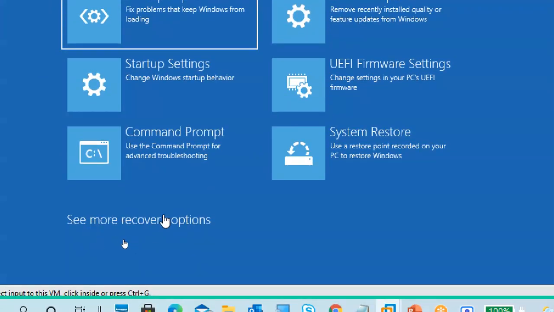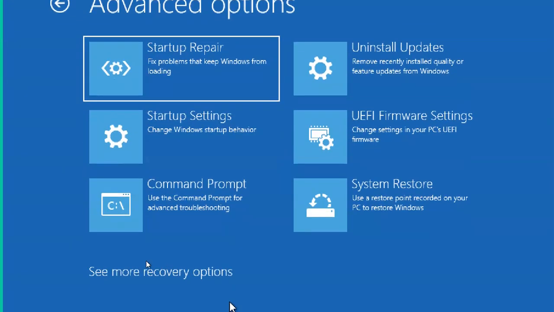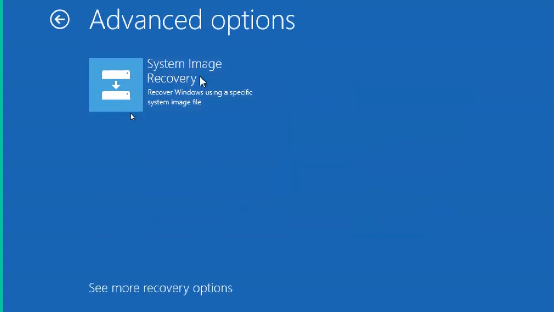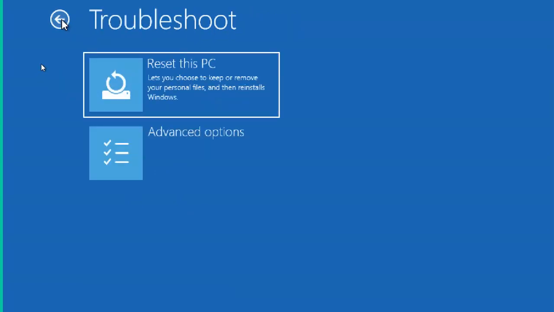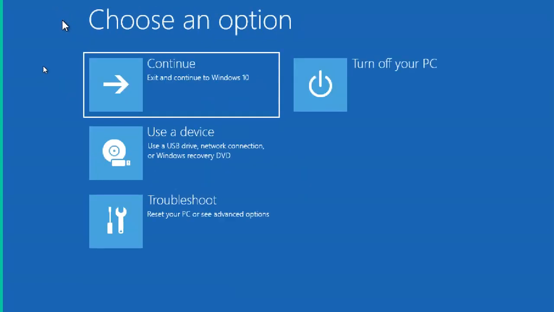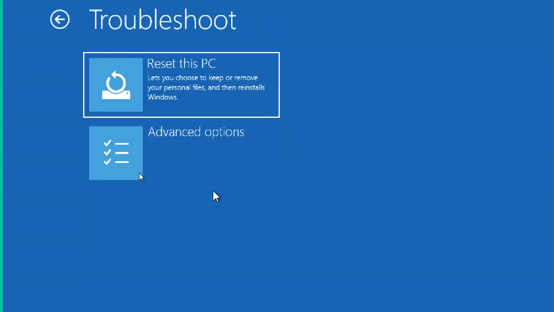There are more options. One more option is called system image recovery. I'm going back. See, choose an option: there are three options. I went to troubleshooting, then reset or advanced options.